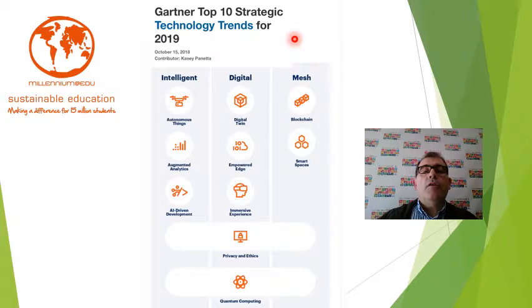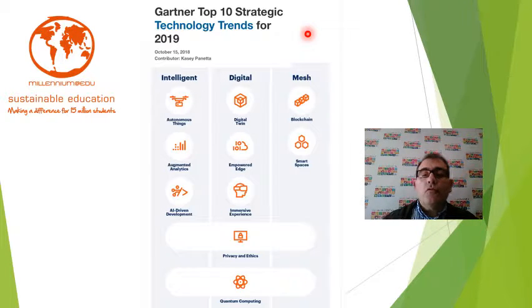Then we also look at the Gartner top 10 strategic technology trends, and try to have a discussion around what kind of technologies will be important in the future. This is analyzed year by year, but after a few years it's possible to have an idea, more or less, of which technologies we think will be important, and in the future maybe they are not, but which ones keep a stronger position year by year.